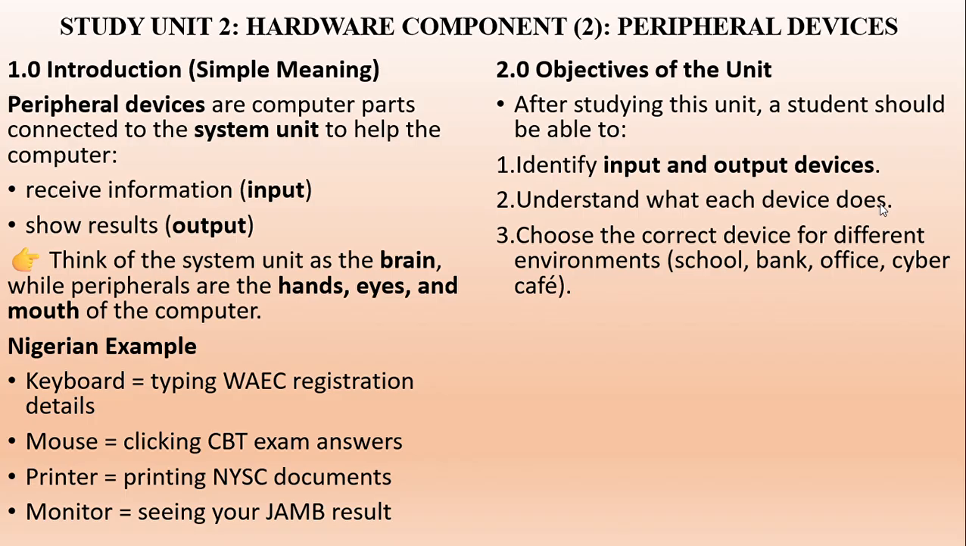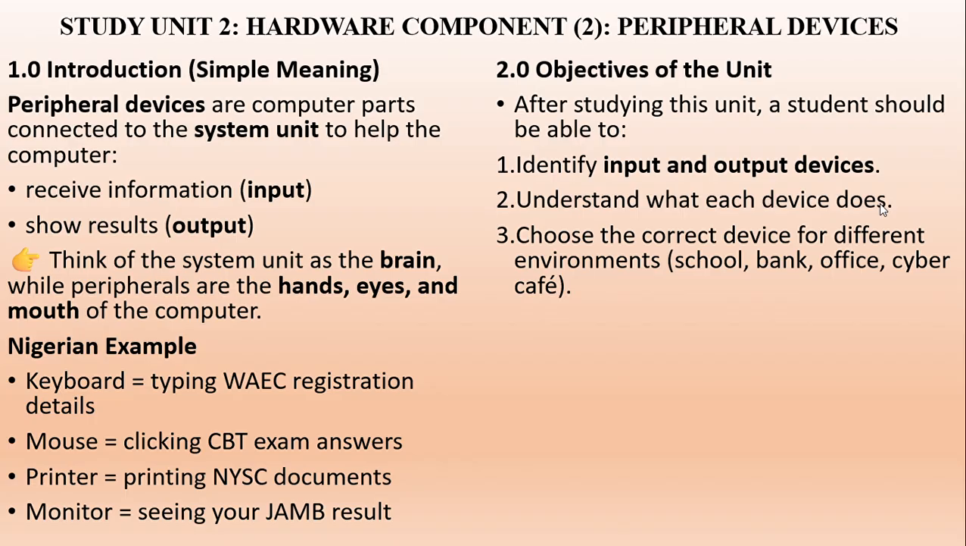So let's look at the introduction of this course, the simple meaning of this. Peripheral devices are computer parts that are connected to the system unit. These peripheral devices are just the computer parts that are connected to the system unit to help the computer. I said the system unit is the box, that main component box. So peripheral devices are computer parts that are connected to that same main box,